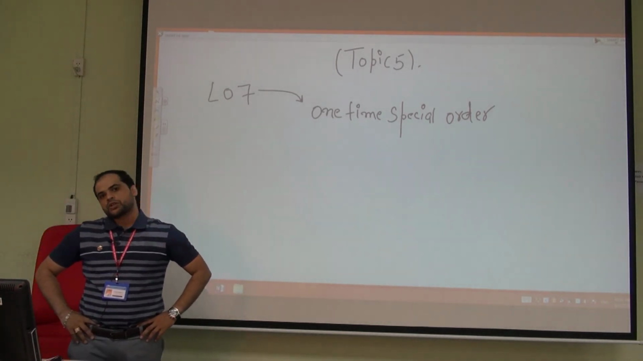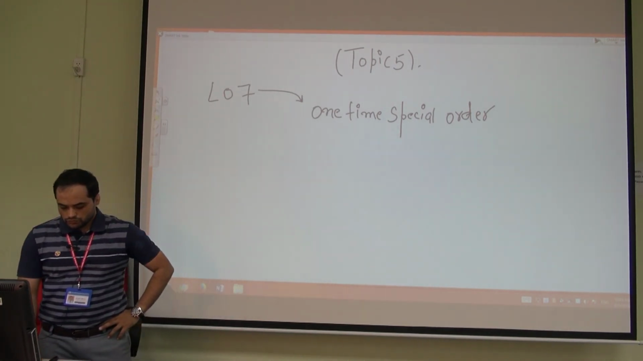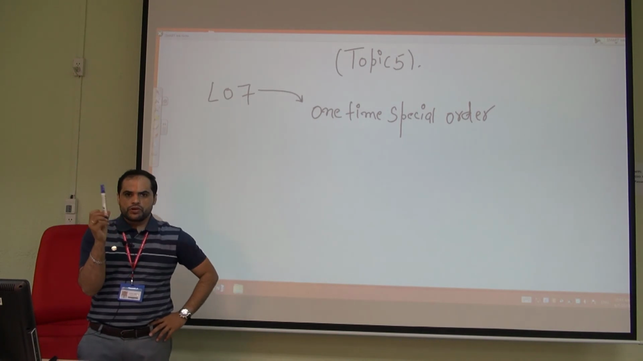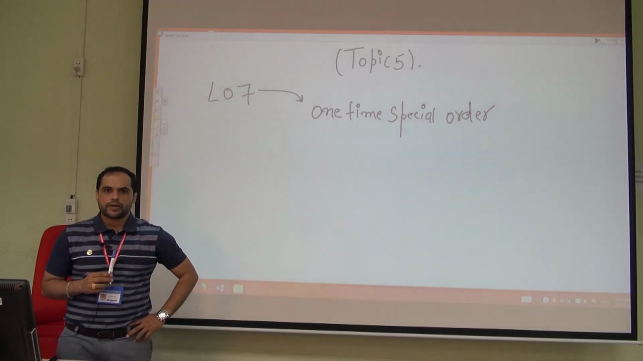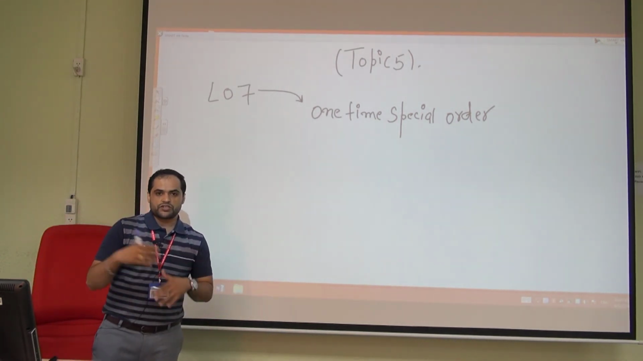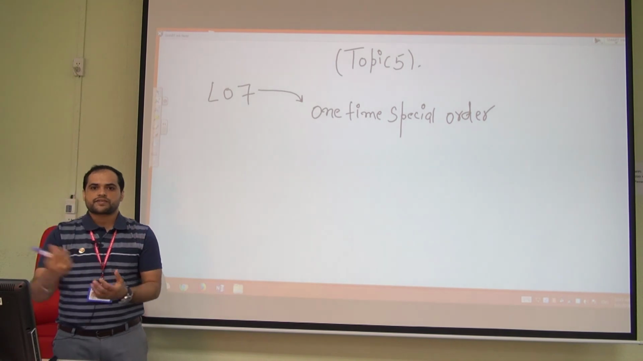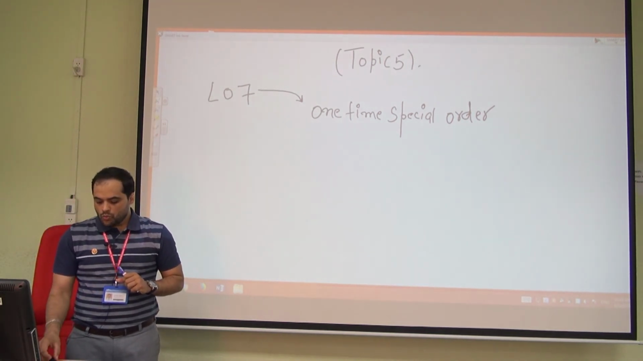One-time special order means, for example, your company produces a marker. That is your main product or regular product that you sell to your regular customers. So one day, one customer